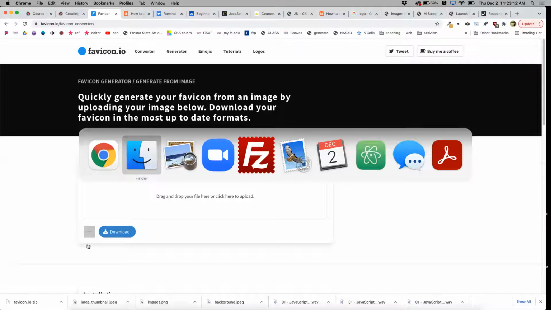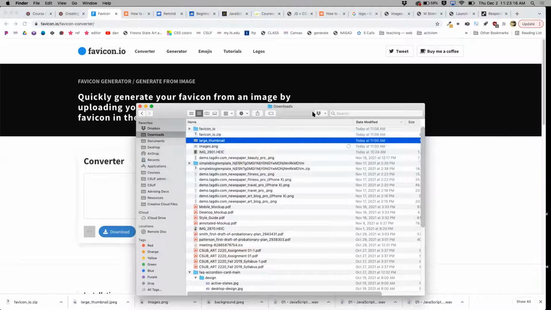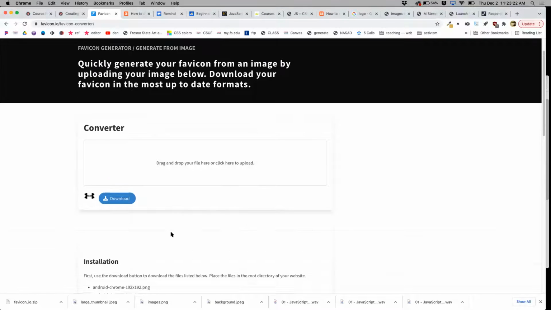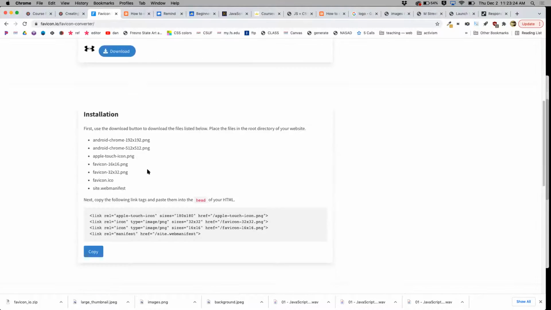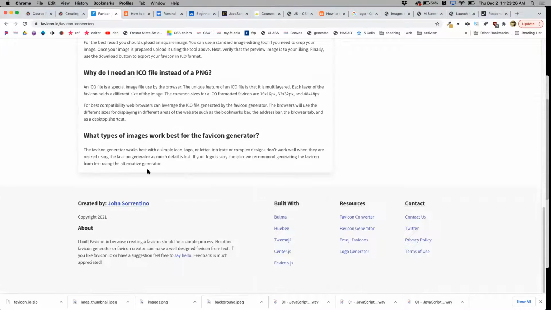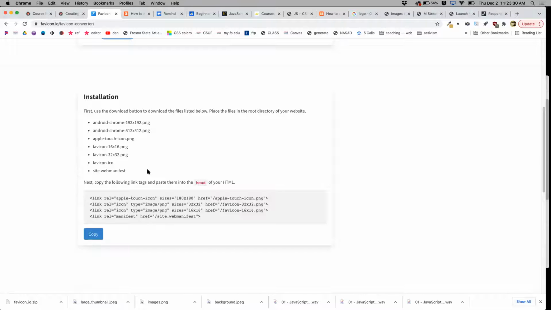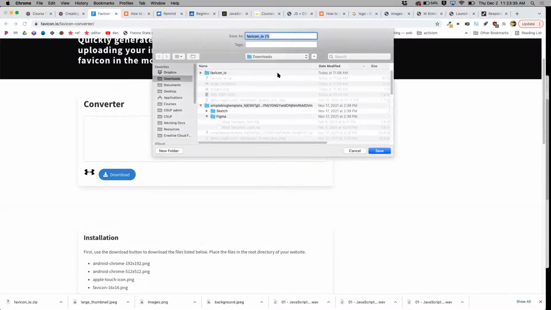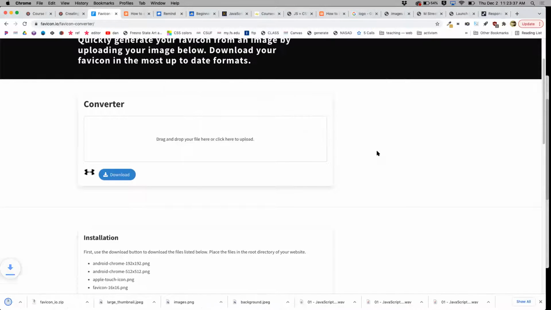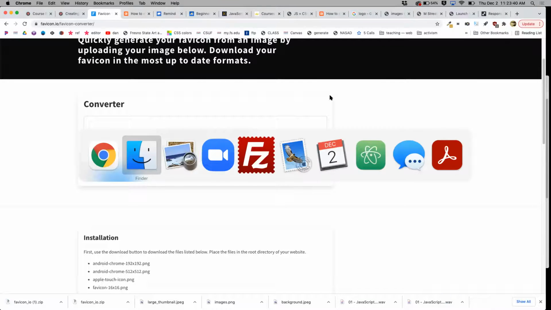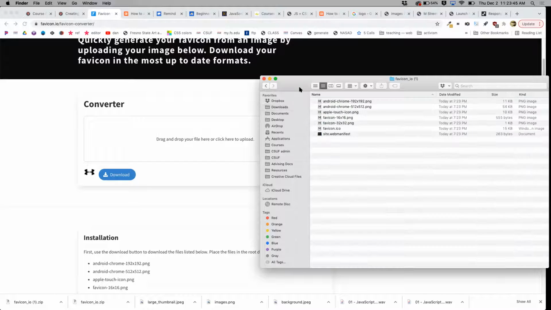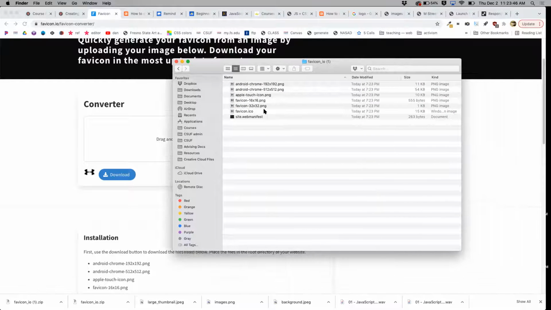So I'm going to go in and drag this into here. Okay, so there, it's got it right there. And then there's instructions down here, the code that we need to paste into our HTML. But first, let me download the kit that it gives me, and then unzip it. And then in here, it has created